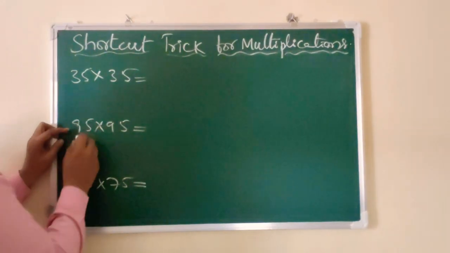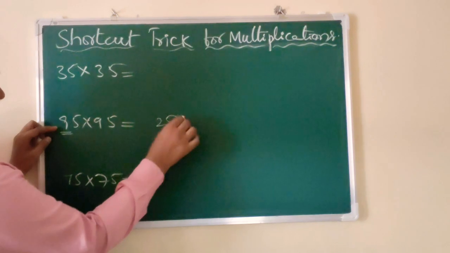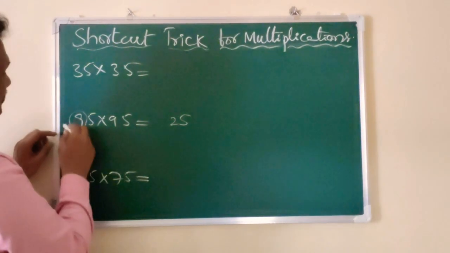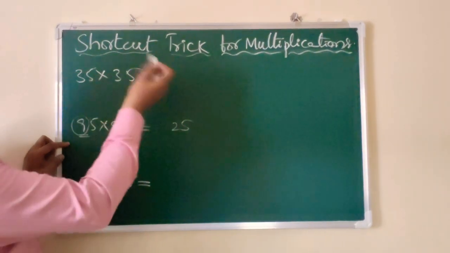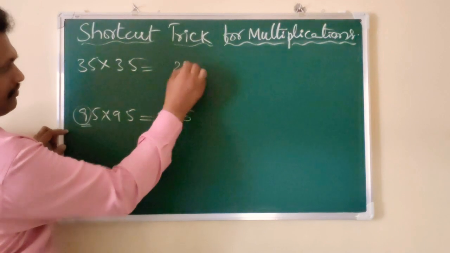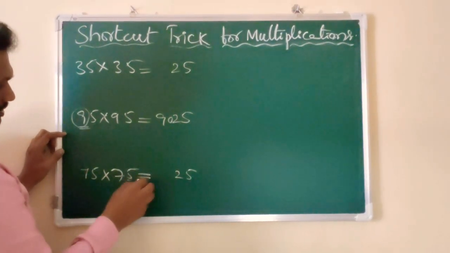Now suppose, like this. Because of 5 square, 5 fives are 25, that will come at the end. Then the 9: in the natural numbers, 9 is followed by 10. 9 into 10 is 90. Like that, here 5 fives are 25, fixed. Here also 25 is fixed, when you have numbers ending with 5.